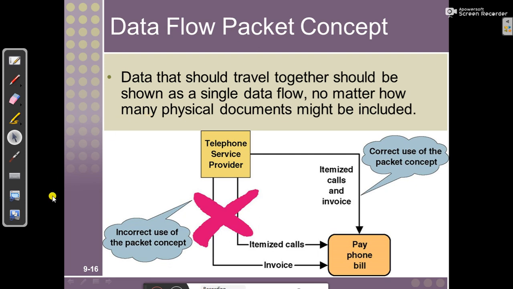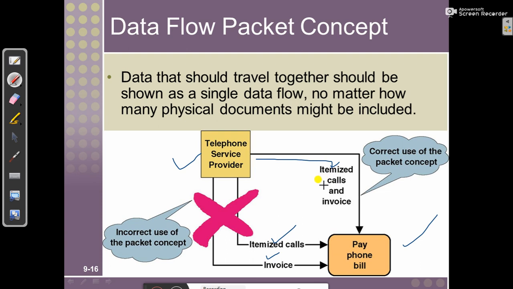In this example, the telephone service provider communicates with the payphone bill process, and we cannot put multiple data flows to this process. That is incorrect. We need to choose only one